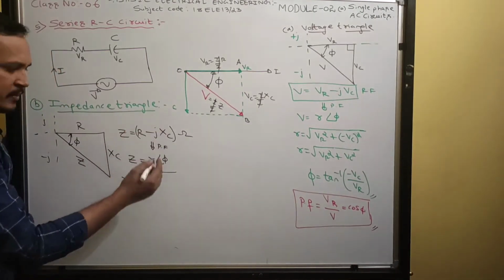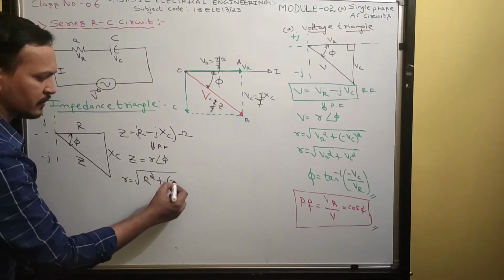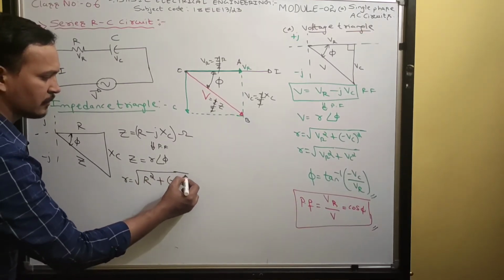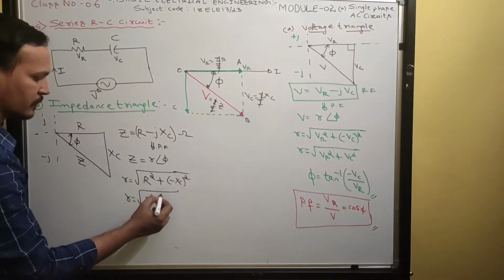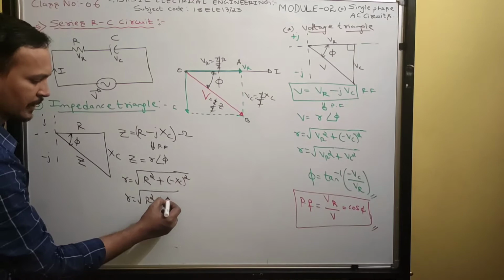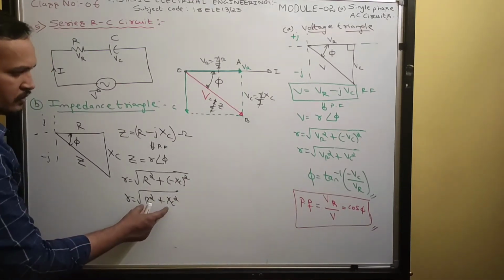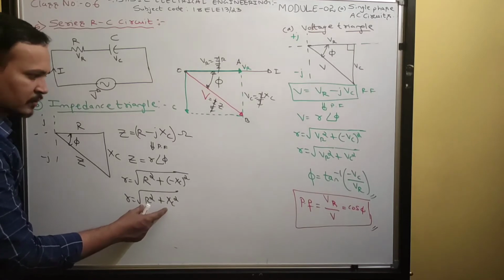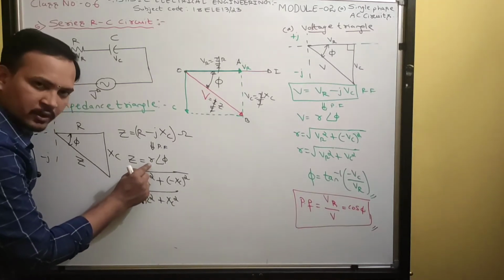Real square plus imaginary square. Real square is R square. What is imaginary square? Minus XC whole square. So for that, R square minus minus square is what? Plus only. So therefore we can write XC square. So this component is nothing but the overall impedance, this will be the magnitude of the impedance,